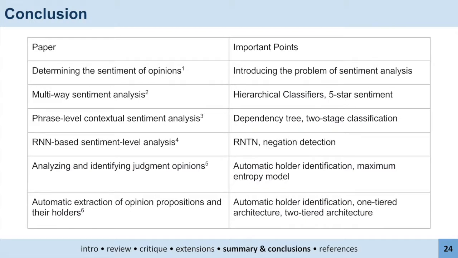The following is the comparison between our related work. First, the original paper introduces some problems of sentiment analysis. The second paper presents a multi-way classification of sentiments instead of binary classification. The third paper uses dependency trees and two-stage classification to analyze the sentiment of phrases and words in specific contexts. The fourth paper proposes an RNTM model that can detect negations over a long distance. The last two papers improve holder identification of judgment opinions using the maximum entropy model and propositional opinions using one- and two-tiered